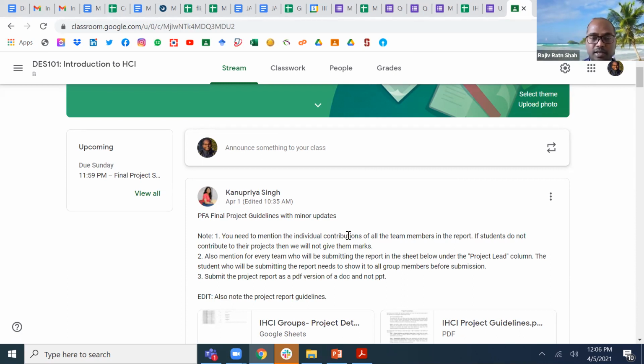It's just to encourage teamwork, and to encourage that everyone is contributing to the project. I also got a lot of complaints that a few members are not doing anything. In that case they get whatever the overall group marks everyone is getting, but they won't get the bonus marks.